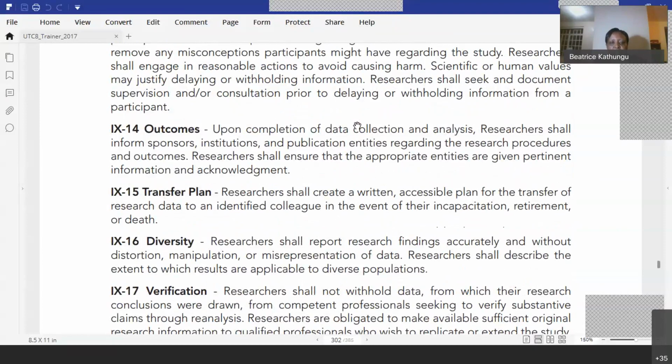So when we have finished or completed our data collection and analysis, we are required to inform our sponsors, our institutions, and anybody else regarding the research procedures and outcomes. Many times, unless it is compulsory, we often forget to do that. So we are being reminded it is an obligation, an ethical obligation, to inform those who are concerned about